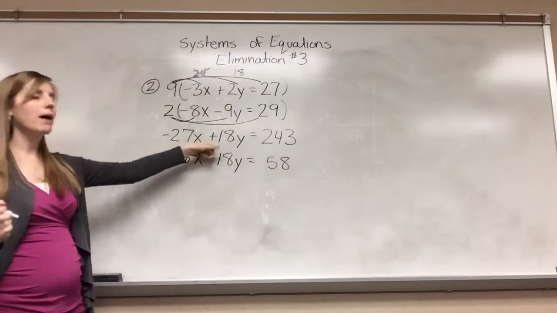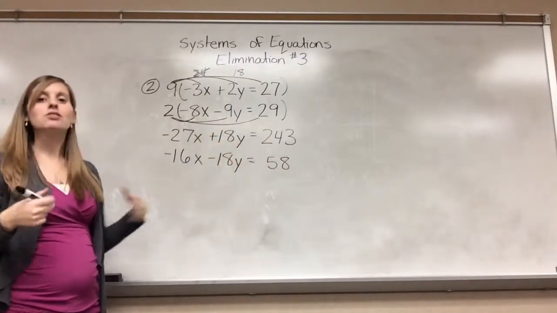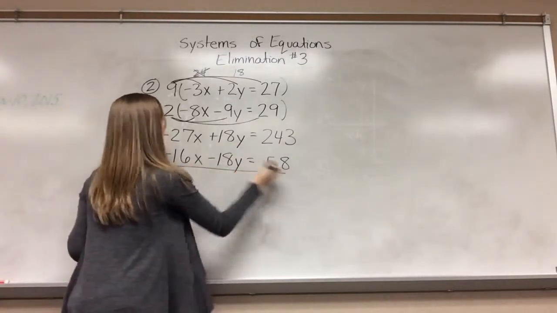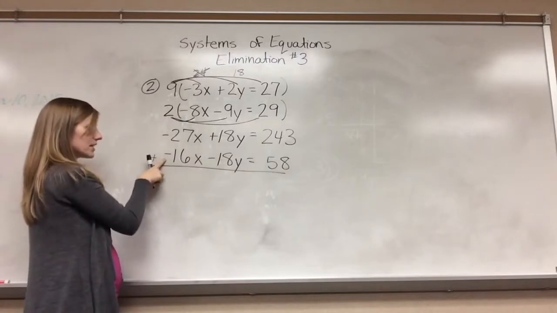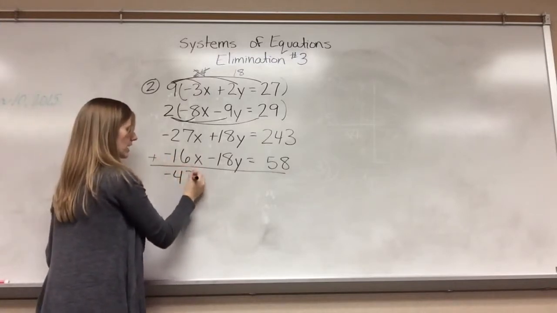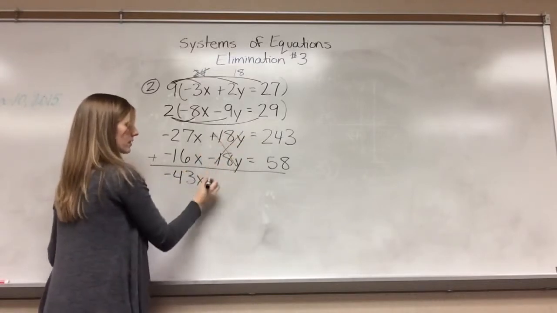So now I have a positive 18, I have a negative 18. Those are going to cancel. So I can go ahead and add my 2 equations together. So negative 27x plus negative 16x would give me negative 43x. My 18y's would cancel, so I equals